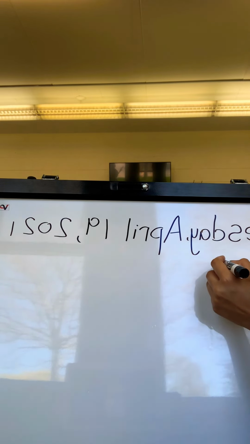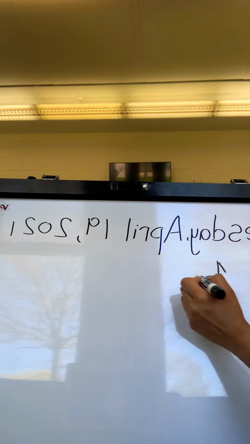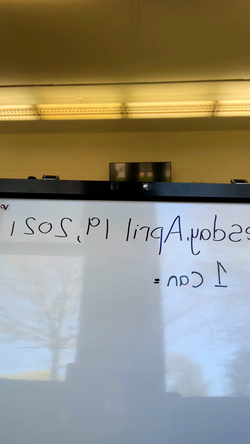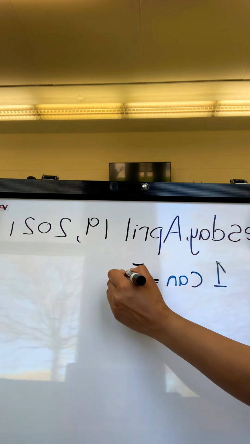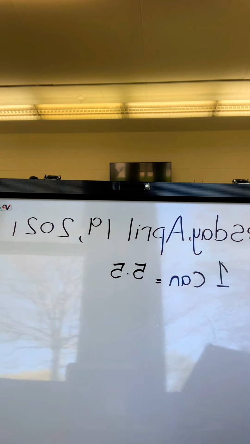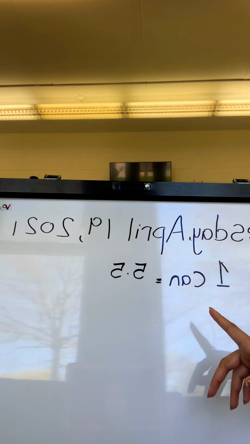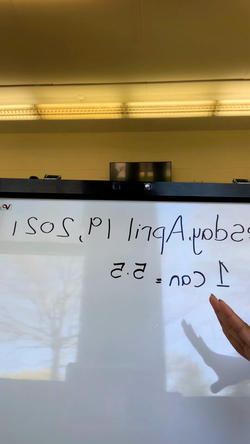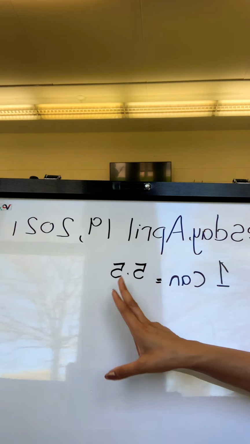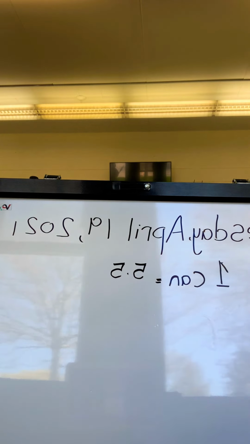So we know that 1 can equals 5.5 liters, right? In the question, it says Steve used 8 cans of paint to paint his house. Each can contained 5.5 liters of paint. How much paint did he use all together? Okay, so each can contained this much. 8 cans,